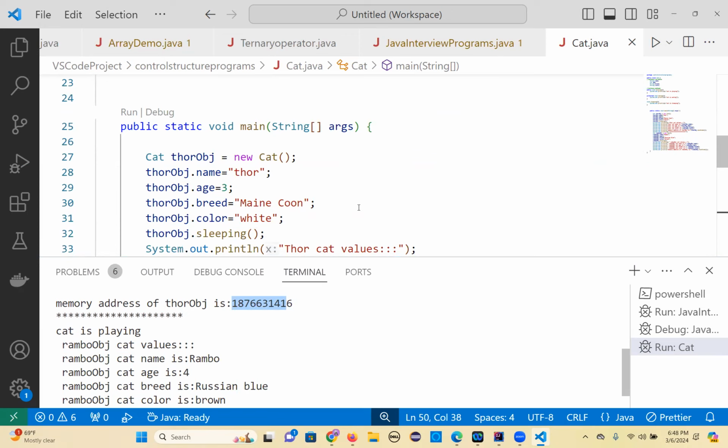So that's how objects and classes will be differentiated. Class is a logical entity, just a blueprint. Object is an instance of a class. Class is a logical entity, object is a physical entity. When you create a class, memory won't be occupied. When you create an object, memory will be occupied. So you will create an object with the new keyword. You will declare a class with the class keyword. You can create only one class once, but you can create